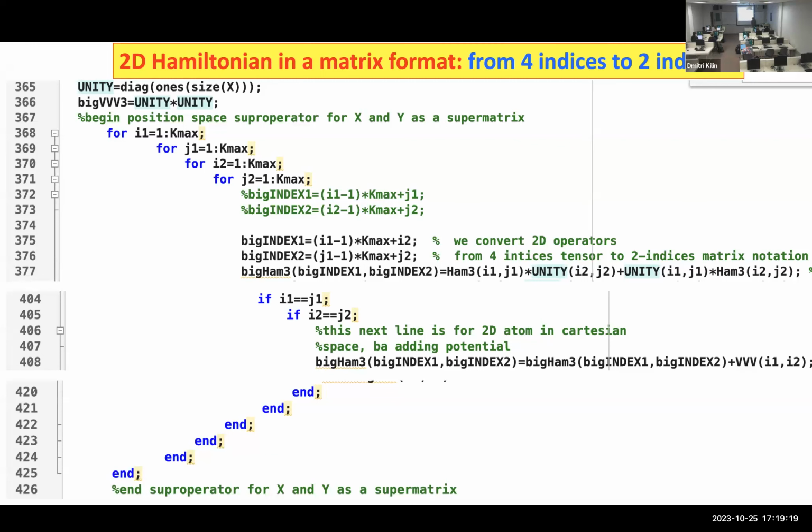This stuff with indices seems natural, but then we need to form the big Hamiltonian with method 3 with 2 big indices. And here is the only non-trivial equation that I really want to speak about, and the rest I can complete and then go to practical details.